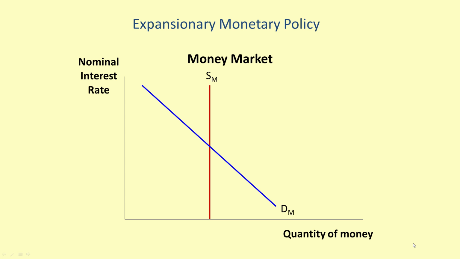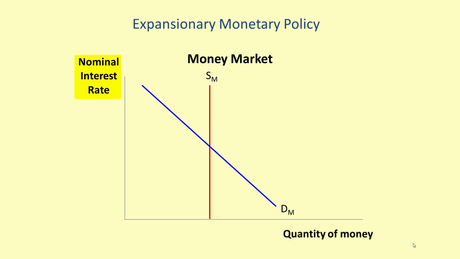Let's go over how monetary policy affects interest rates in the market for money. The model that we'll be using here is a model of monetary targeting, which is where the central bank directly targets and controls the supply of money in the economy. Here we have the market for money, with quantity of money on the horizontal axis and the nominal interest rate